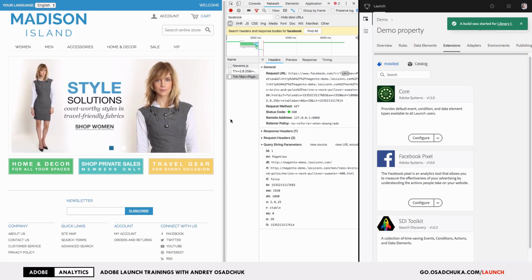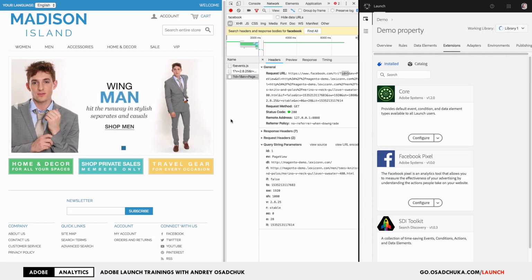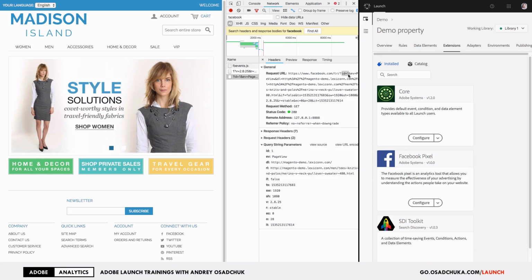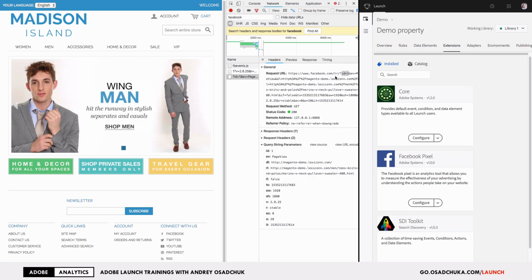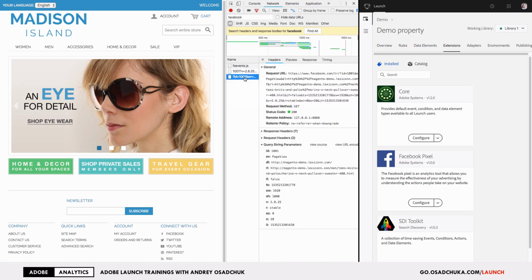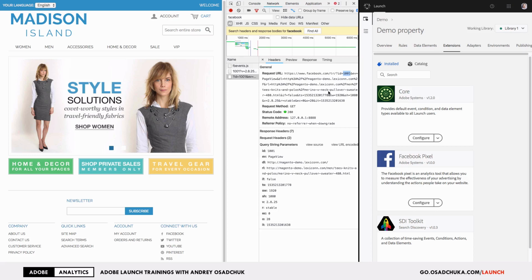And now we'll need to wait while the library is being built. And now this ID should be replaced with the new one. And just to remind you, 1001 should be shown here since it was set for the development environment that I'm currently on. So I'm going to refresh the page again, and let's check. Yes, so now the ID is set correctly,